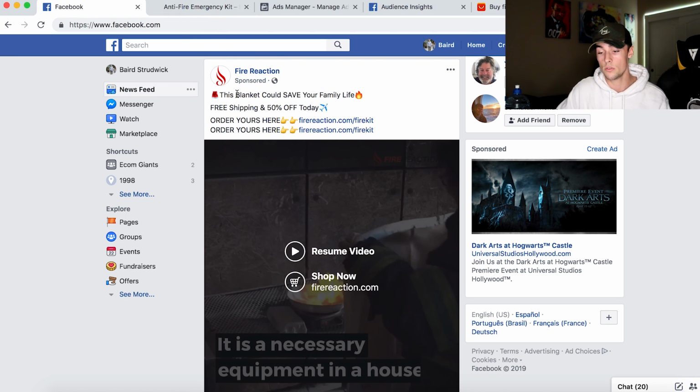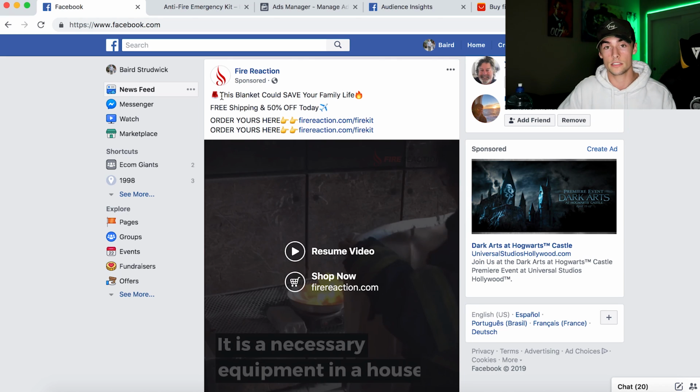Now one thing you should do that they're doing is make a really eye-catching sentence to get their attention. They have an emoji right here, and then they said something really strong, which is "this blanket could save your family life." If you have a fire in your house and you need something to put it out, this blanket could save your life. That's true. A sentence like that really grabs the reader's attention,